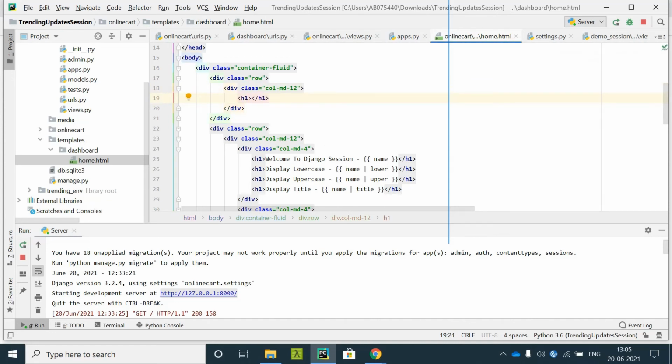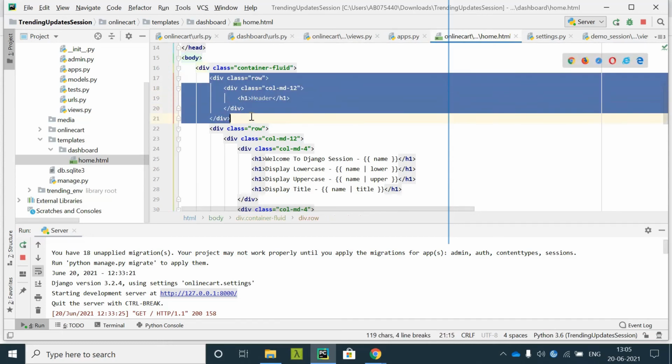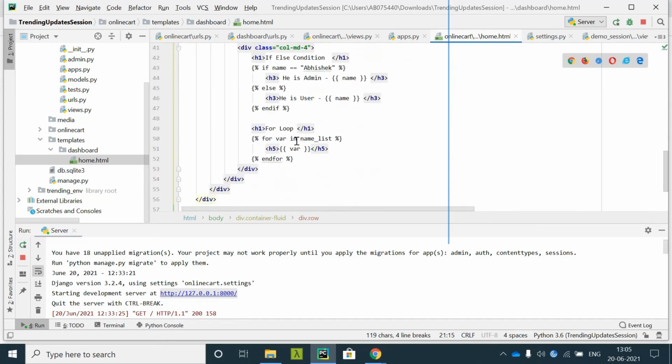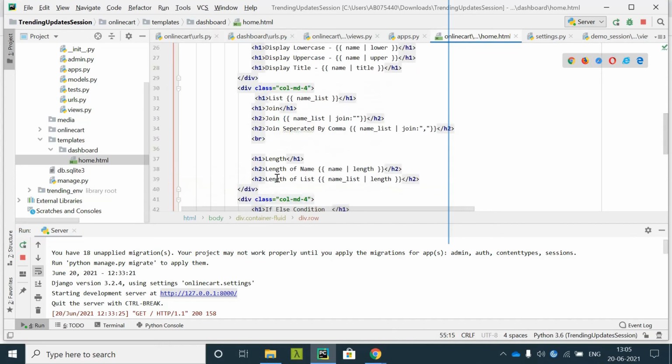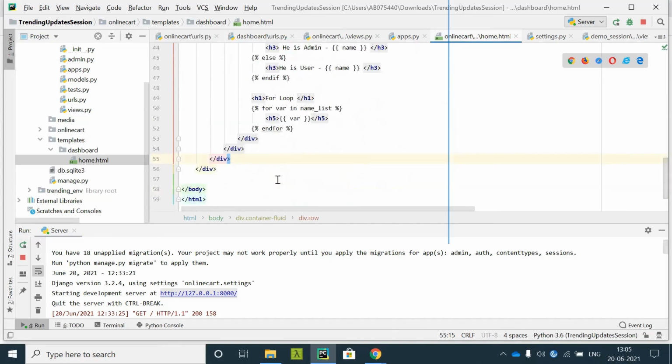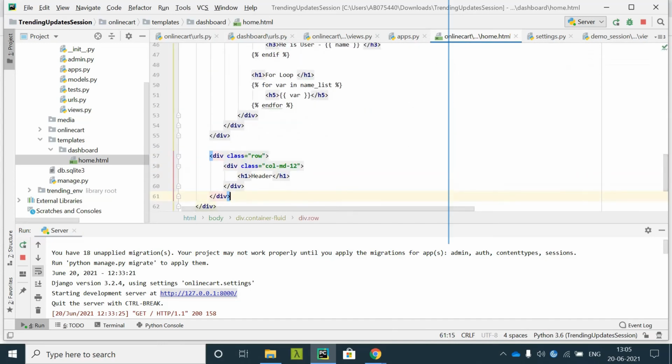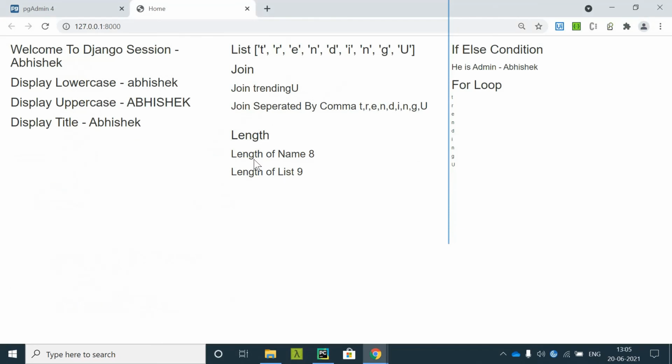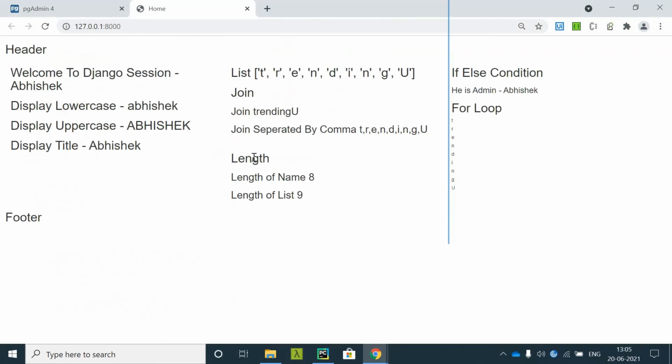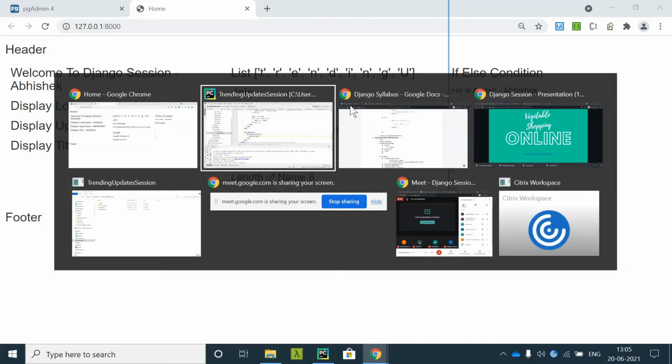I'll just display a header message over here. Inside this row, I'll make use of the footer. Okay, you can see the header and footer.